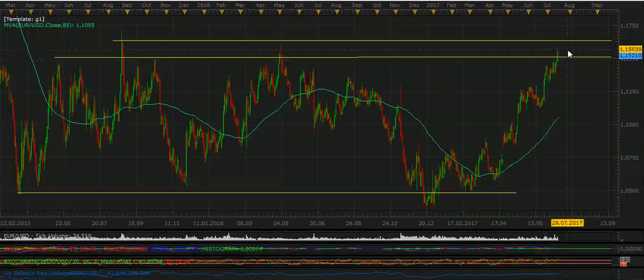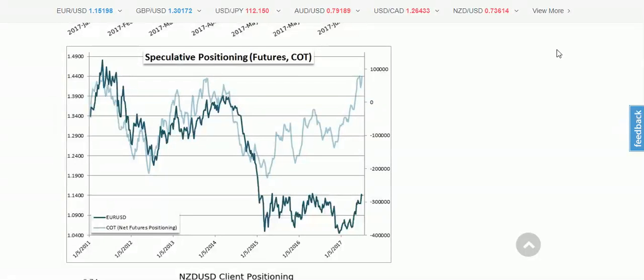Okay, now we're at this point. What are you going to do? Are you going to go long because the trend is your friend? No, not really. You're careful. I know you're careful, but let's step into the thinking process with some facts. What you're seeing here